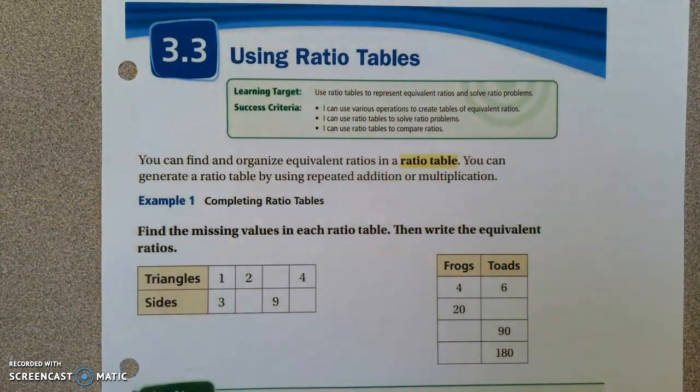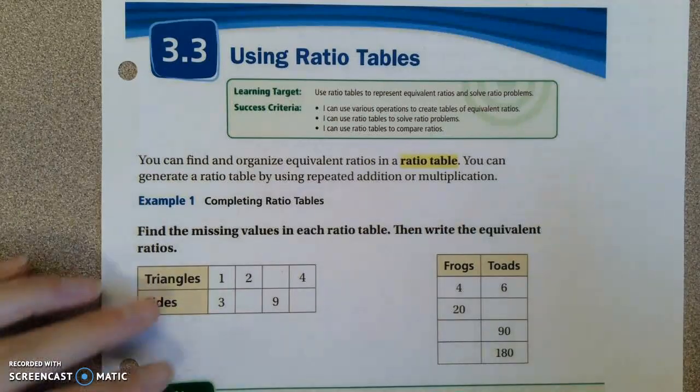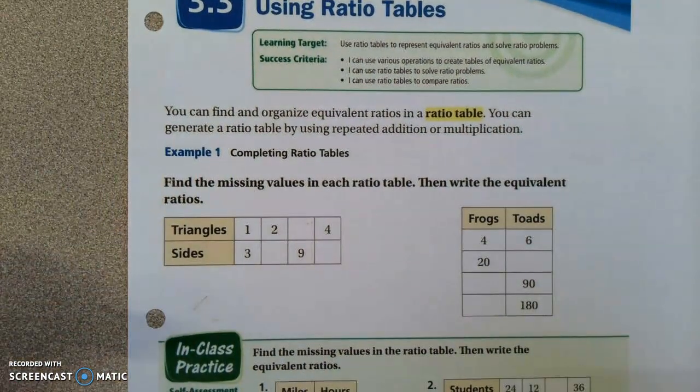Today we are going to use ratio tables to organize and write our equivalent ratios. So here's a couple of examples of ratio tables. There are different structures we can use to complete them, and really we're just finding patterns. So you potentially have seen ratio tables before. Maybe you were told to find the pattern, fill in the missing blanks, but the actual vocab word ratio table